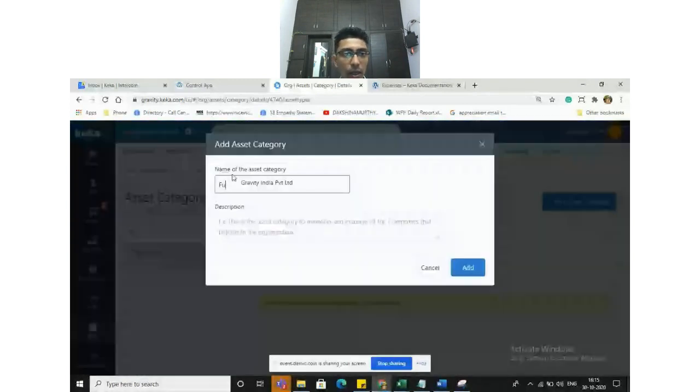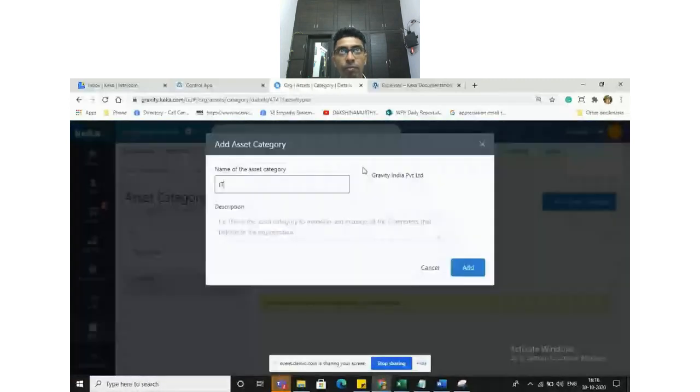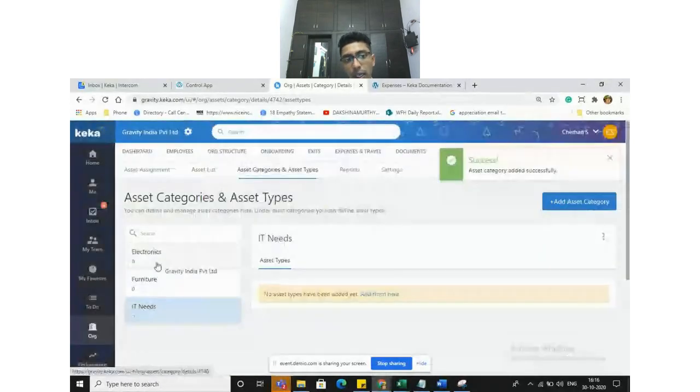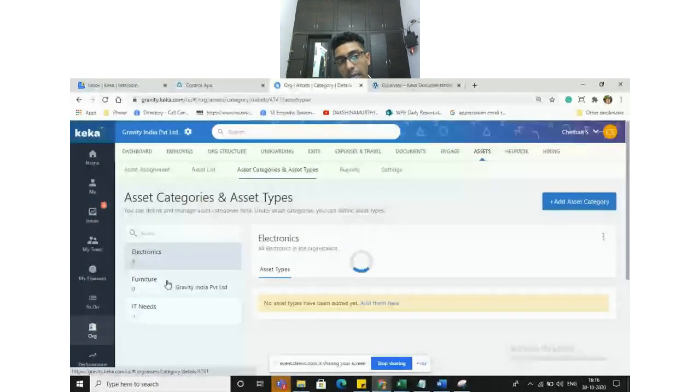Electronics is a category, furniture, IT. See, if you see on the left hand side, you'll be finding the categories, and under each category you can define various other types of assets.